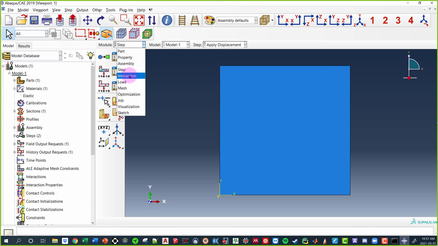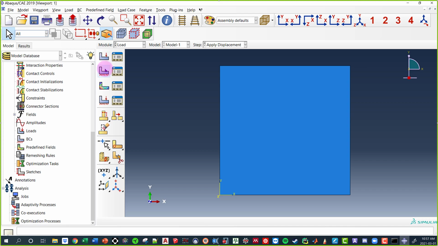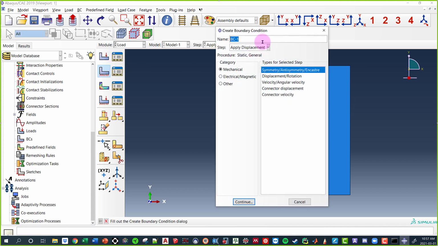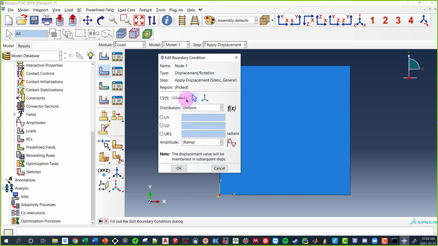And then I can go down into my loads. So this is where it becomes a little bit tricky, but it's actually kind of simple. We're going to go down to loads, and we're going to create basically 4 boundary conditions. So I'm going to go boundary condition, and I'm going to call this one node 1. It's going to be a displacement boundary condition. So I'm going to click OK. I'm going to select node 1 here at the corner, go done, and I'm going to restrain it in both the vertical and the horizontal directions.